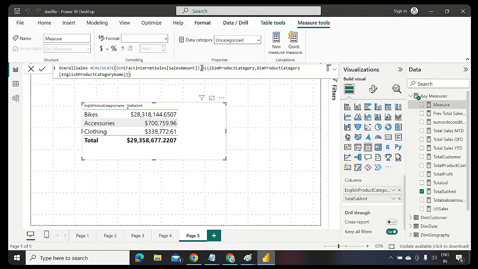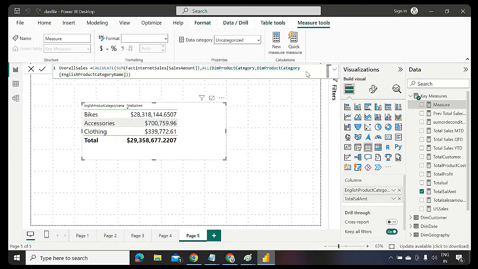So you can use the ALL function, and specify which table the English product category name column belongs to. That column is coming from the DimProductCategory table. So if you specify this in the ALL function, then it does not allow filtering